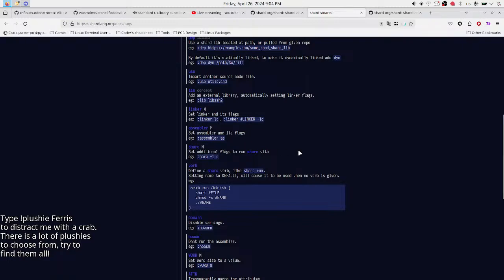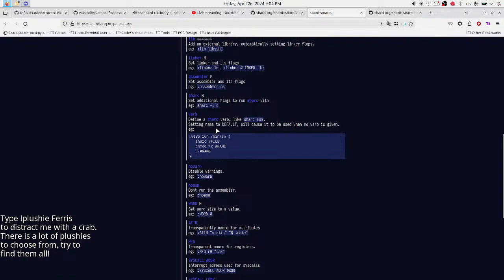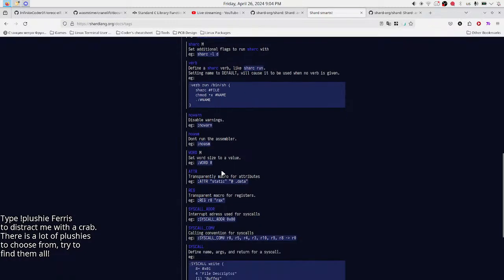Shardc, set additional flags to run shardc with dash ld. What does dash l mean? Well, nothing. Define a shardc verb like shardc run. Setting name to default, it will cause it to be used when no verb is given. Yeah, nice. No warn, disable warnings. No asm, don't run assembler, so you just output assembly. Oh, log level. And I guess it's debug. It's log level of compiler or of outputted program.